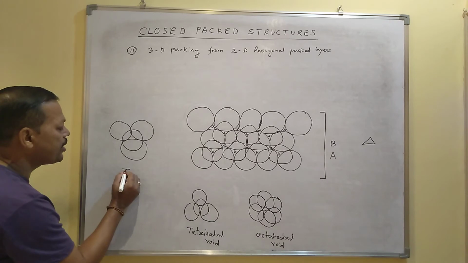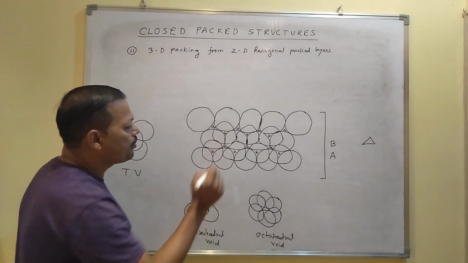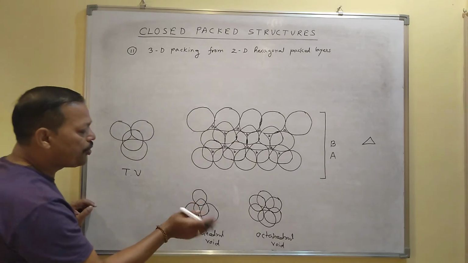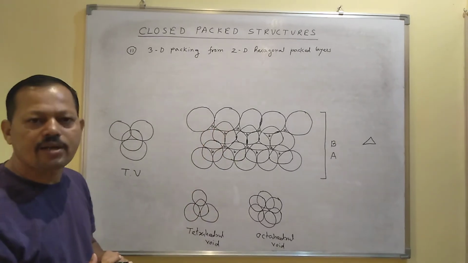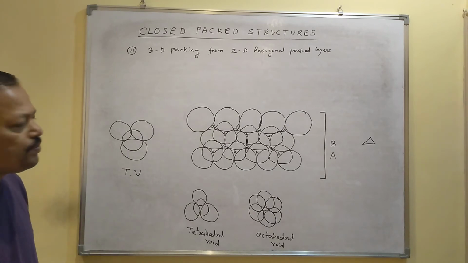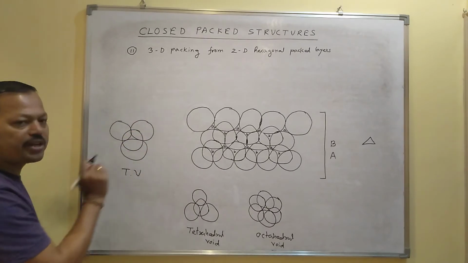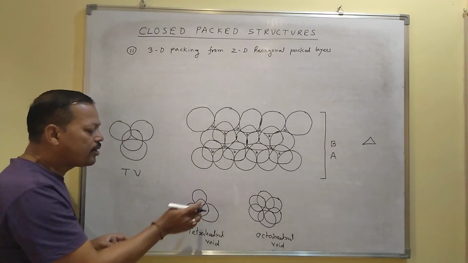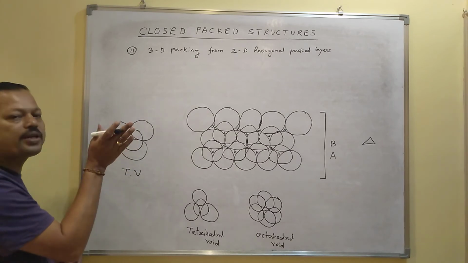So this is also a tetrahedral void, and the B void and this void are both the same. The difference is that here the void is covered by a particle, and here the void is open. So there are two types of tetrahedral void: some are covered and some are uncovered. See, first layer contains 1, second layer contains 3. Here first layer contains 3, second layer contains 1. Since the second layer contains 1, the void is covered. Here first layer 1, second layer 3, that's why the void is uncovered.